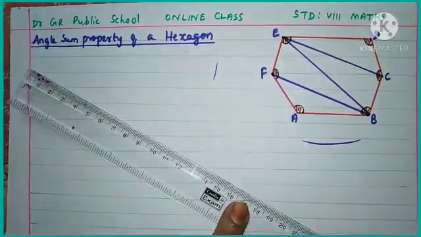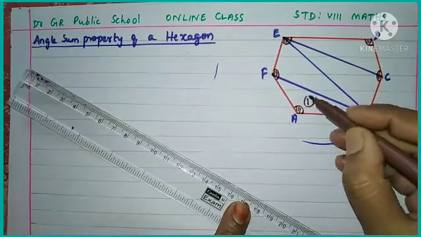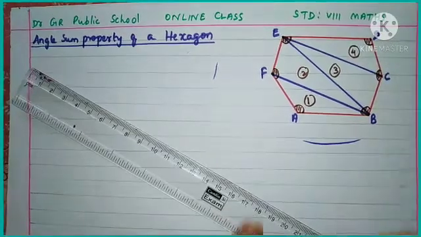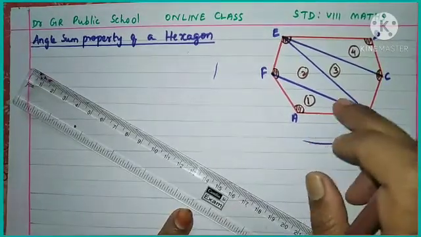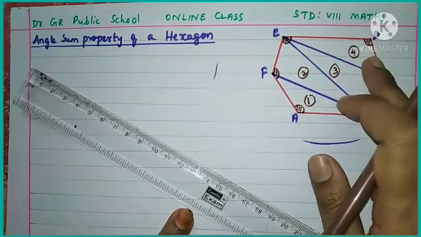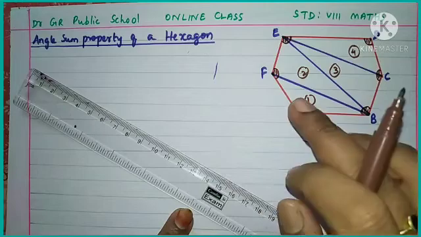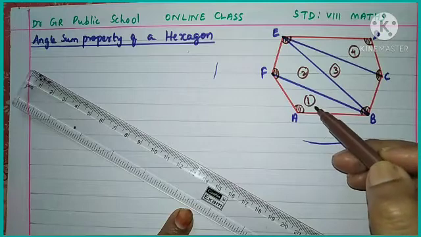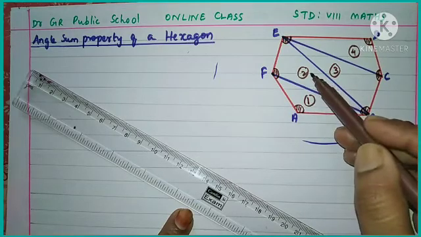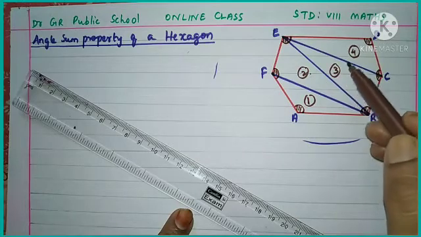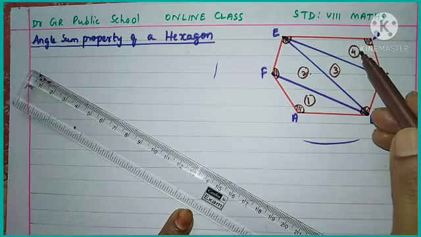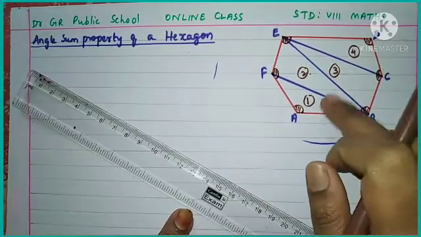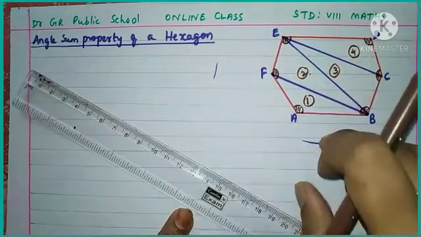Okay. So I am naming these. This is the first triangle. This is the second triangle. This is the third triangle. And this is the fourth triangle. So in a hexagon, I divided this hexagon into 4 triangles. Now using the same angle sum property of a triangle, what is the total angle of this first triangle? 180, second triangle 180 degrees, third triangle 180 degrees, and fourth triangle is also 180 degrees. So adding all the sums of the angles of these triangles, we will get the total angle measure of this hexagon. Okay.